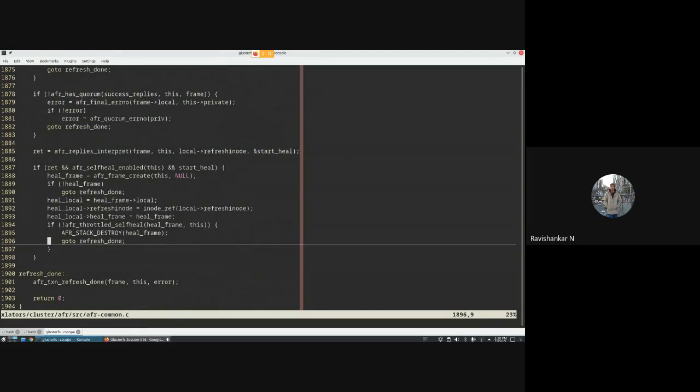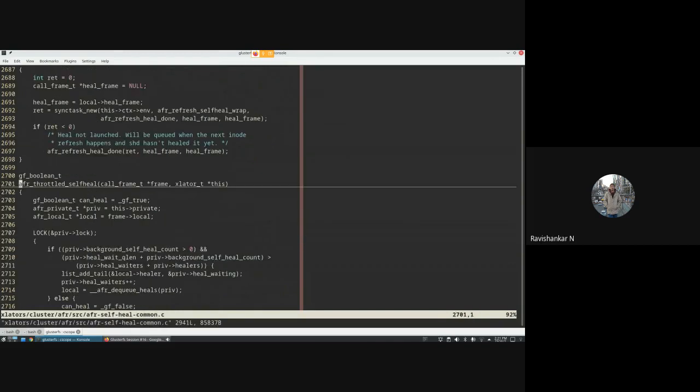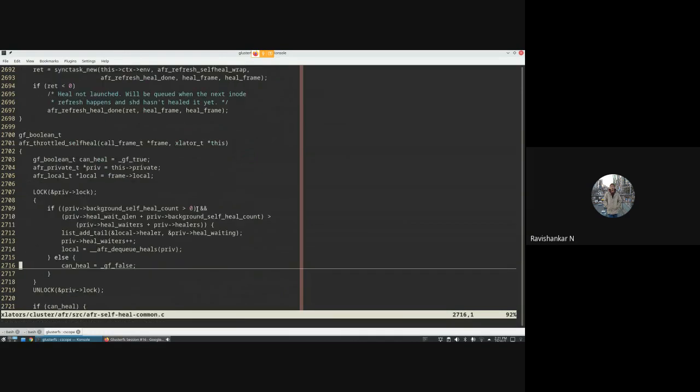So this AFR throttle self heal is the entry point for that. Because we are doing this self heal from the client, we should not be affecting the IO performance too much. So we have to rate limit this client side self heal, and we have certain tunables for it.